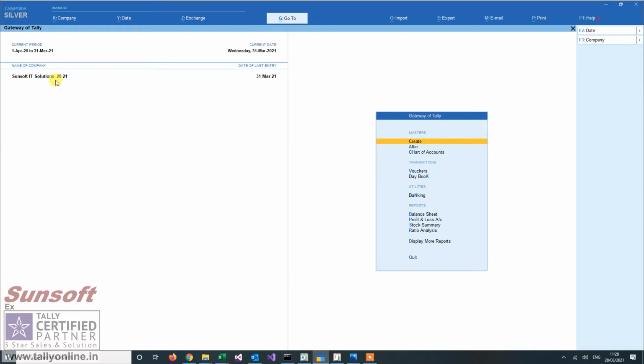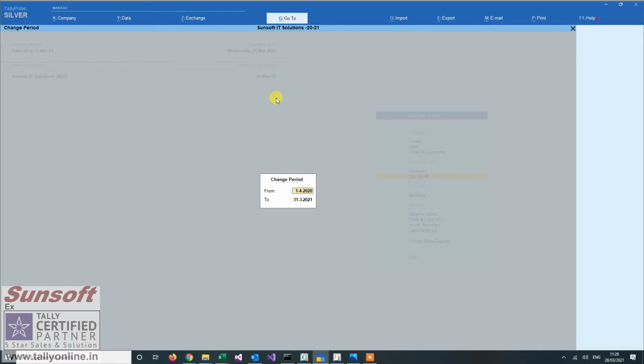So I have opened my own company. My last date of voucher is 31st March, so I want to change the financial year. Now there are two ways in which I can do this. One way is I continue with the same company and just keep on adding the vouchers for the next financial year. In that case, I just have to change the period of my company to